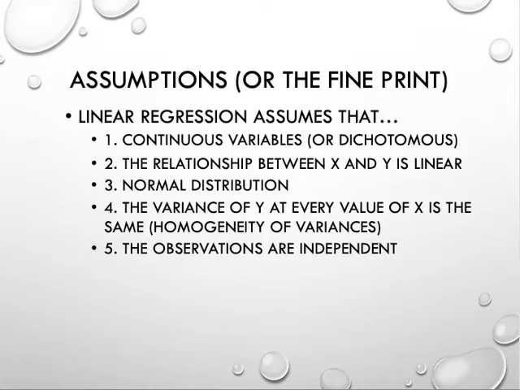The assumptions, or the fine print, in linear regression: we assume that continuous variables are used, either continuous or dichotomous, which means that we would have a 0 or a 1, or a 1 or a 2. The relationship between x and y is thought to be linear. We have a normal distribution in the scores. The variance of y at every value of x is the same, otherwise known as homogeneity of variances, and the